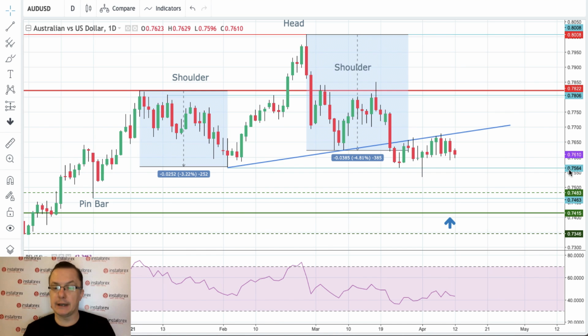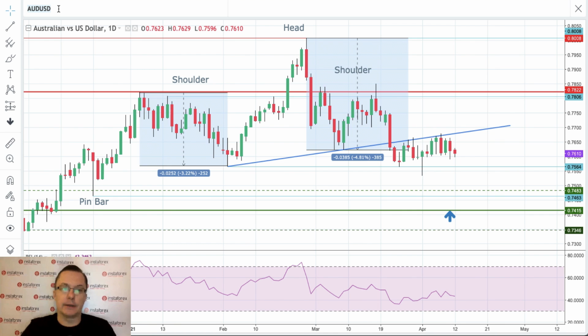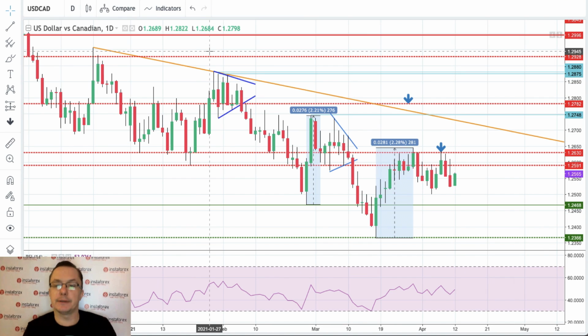So please be careful and keep an eye on 0.7564. This is the level from the 2nd of February 2021, the lows of the 1st of April, which is 0.7533, and of course those technical supports, especially 0.7415, which is the key short-term technical support for the bulls, right? So please keep an eye on those levels on the Australian dollar, because there is some data to be released from Canada.